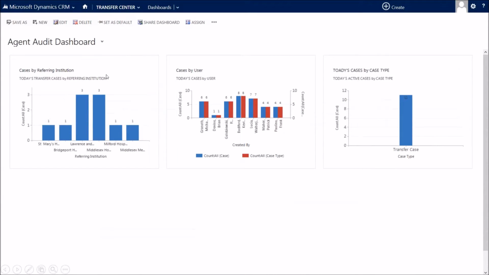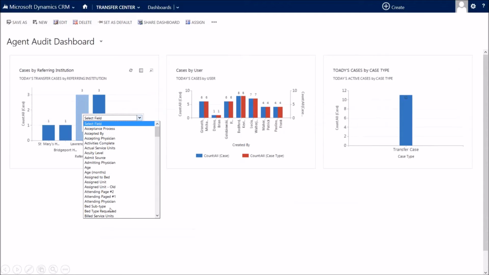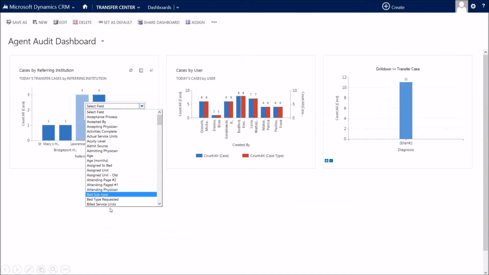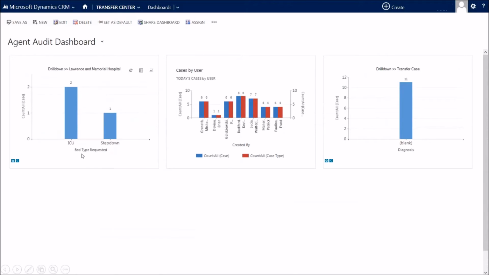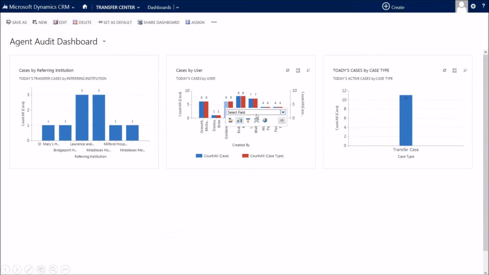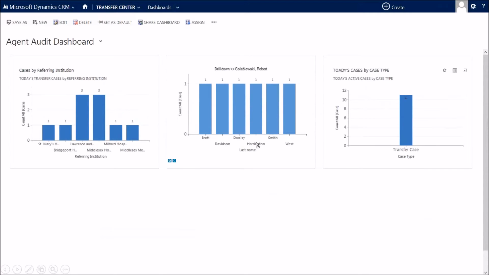So I can scroll down and I see we've got cases by referring institution or people, cases by user, today's cases. What's nice is I can immediately drill down into any one of these and very quickly navigate to, for example, how many beds we have available for this inbound referral. So I see that we've got a couple in ICU and one in step down. That's great. Now I know that one of the physicians is Dr. Smith, so I'm going to do a quick drill down into the physicians, and I see right there is Dr. Smith. Okay. So now I'm going to jump over to the